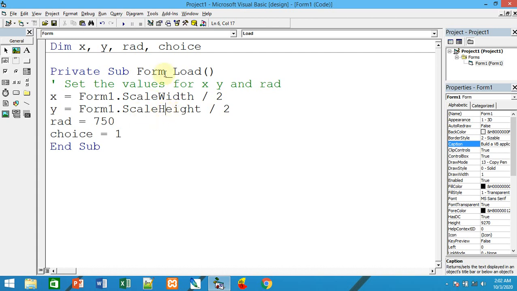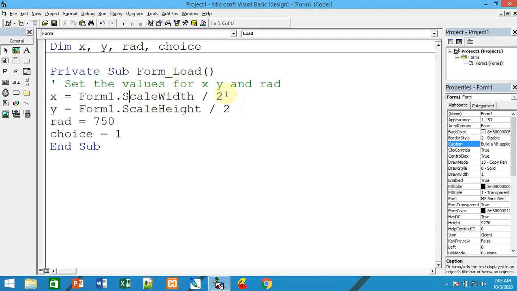So choice is nothing but a value. If choice is 1, then it should display the circle with red color. If its value is 2, then green. If its value is 3, blue. If its value is 4, then yellow. Okay, so these are some settings that we are going to do.